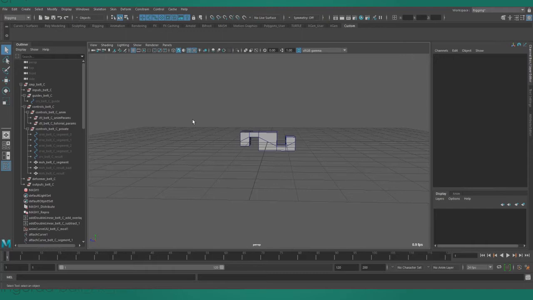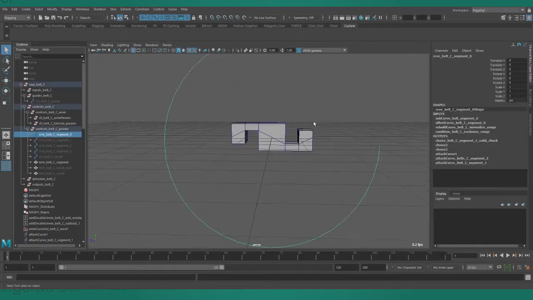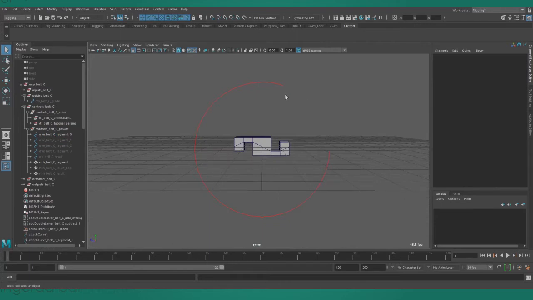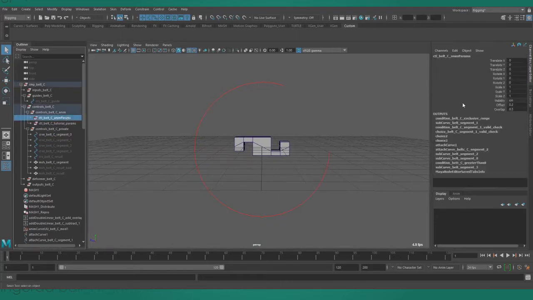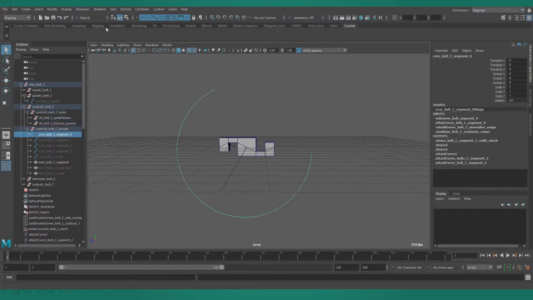So to create a curve in the shape of our original curve that includes a little bit of overlap, we're going to be creating 4 curve segments and then attaching them all together. So to begin with, we have this curve segment in red. What this curve segment is, it starts at whatever offset value we put into the rig, and it always ends where our original curve ends. We get this curve